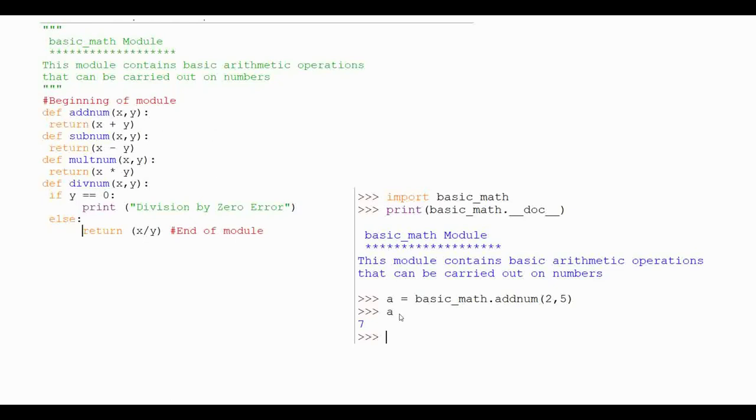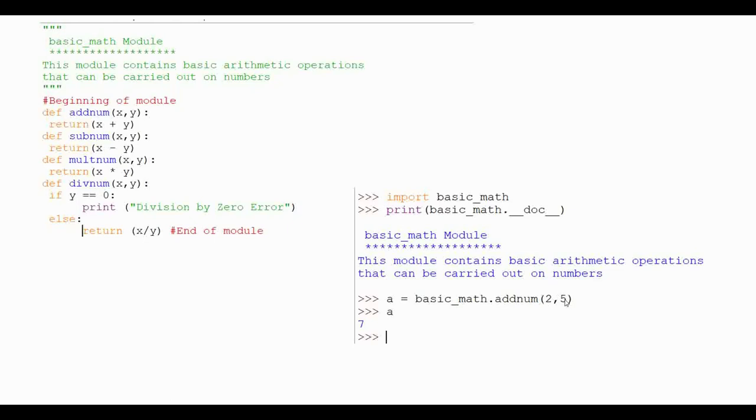Now the second one: if you look at the function definition, my function definition receives 2 different data, that is X and Y. So when I'm calling the function, I'm going to call it with the module name, dot, the function name which is inside the module. So basic math is my module name, and I'm going to call that and use it. Remember that I have X and Y as my data flowing in. So as a user, I need to provide what my X and Y values are